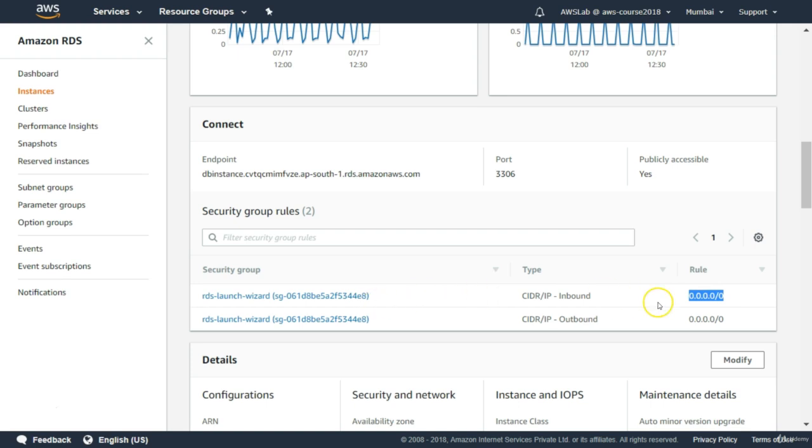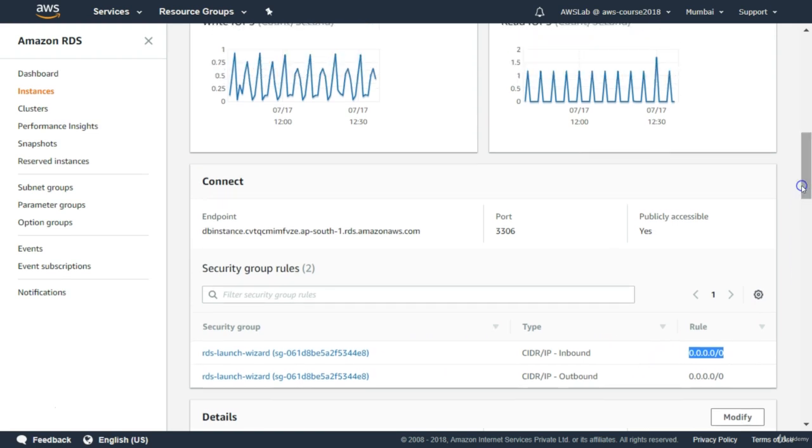So this should work now. If we are trying to connect to the database, it should work perfectly fine. The connection is at port 3306. We will grab this endpoint